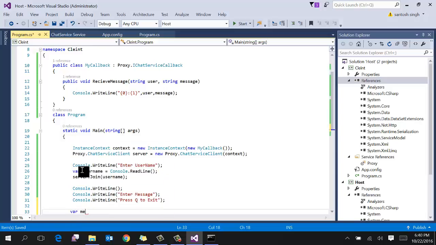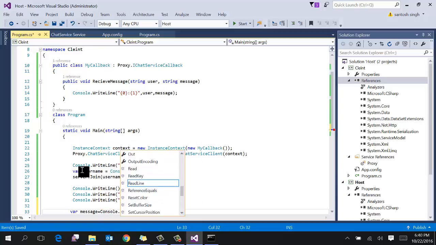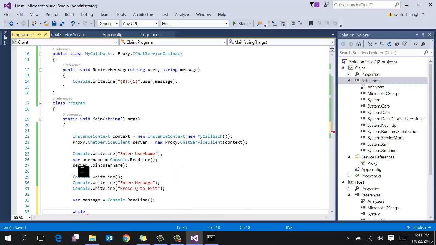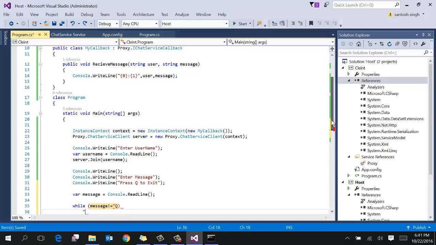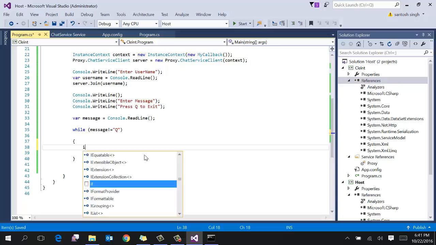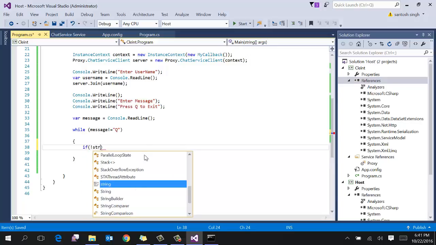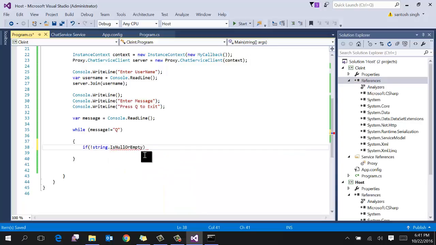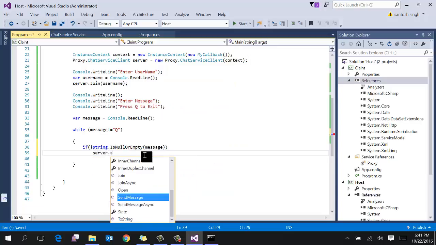Message equal to Console.ReadLine, then an infinite loop while message is not equal to Q. If not string.IsNullOrEmpty message, then server.SendMessage.